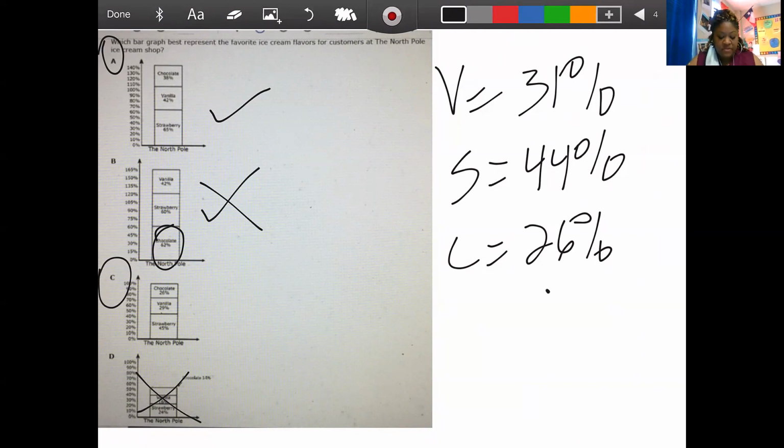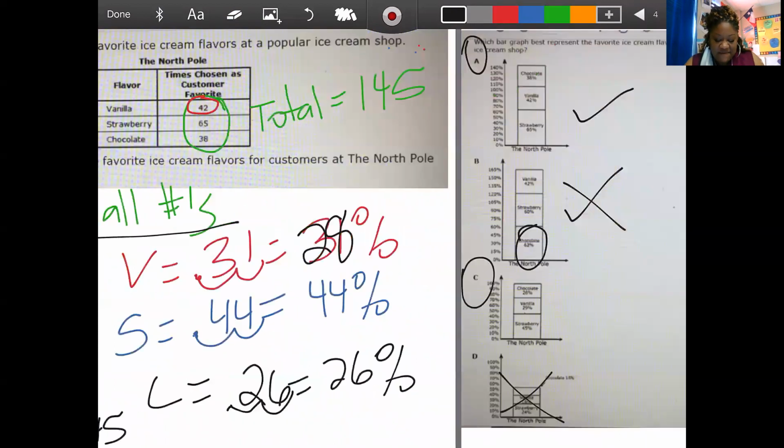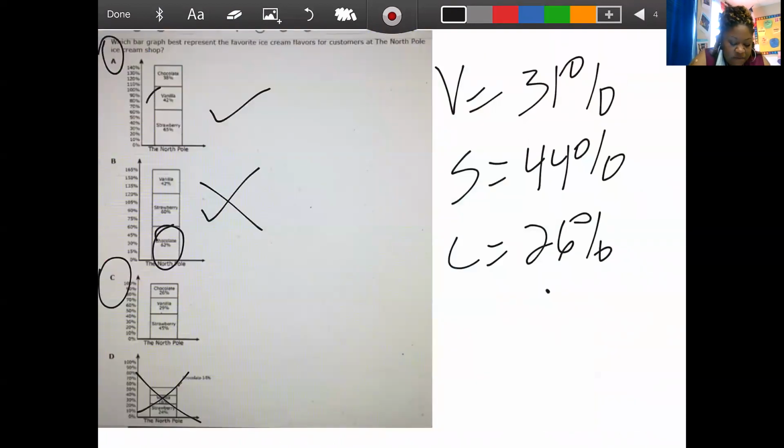All right, cool. Oh, you know what it was? He said that one just used the actual numbers. So he knew it wasn't the percent because it was out of 145, not 100, okay? So 42, 65, and 38. This one showed you 42, 65, and 38. And so he knew it wasn't this one because it wasn't the percent. It just showed you the amount,